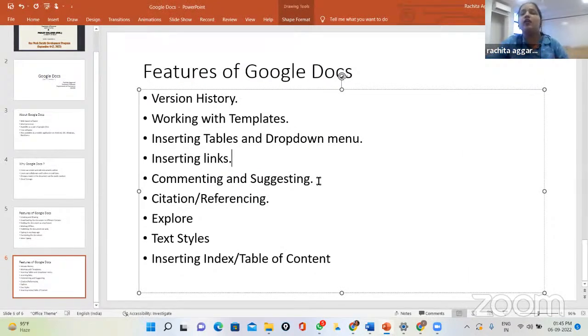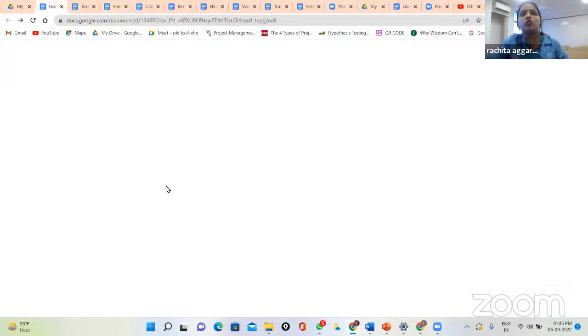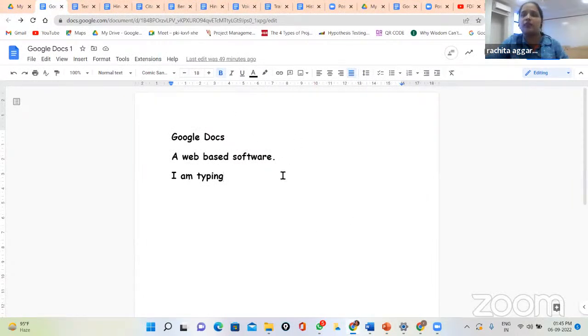Okay, the next feature that we discuss here is commenting and suggesting. Now this commenting and suggesting feature can only be used when we are working in collaboration with someone. Let's say I am working on a particular Google Doc, this Google Doc that I have shared with my other mail ID, I am working in collaboration with someone. Now I want that the other person should make some changes in this particular document. Now what can I do is, when I am clicking here, just see on the bottom right hand side,